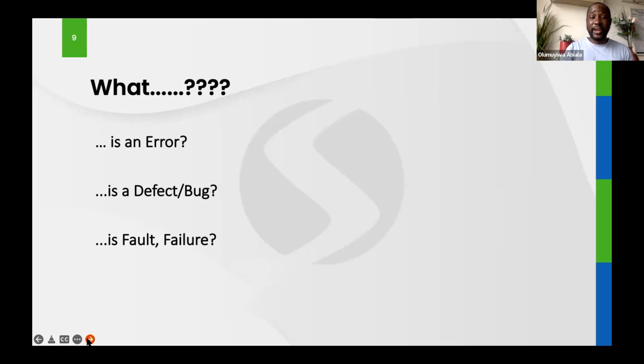To understand what an error is, to understand what a defect is, the difference between an error and a defect, and also to know that the end result of a defect is always a failure. And when it fails, or when there's a fault within the application, then there's been a mistake from the onset, from the requirement gathering. It might not be from the requirement gathering. It might be from when the developer is